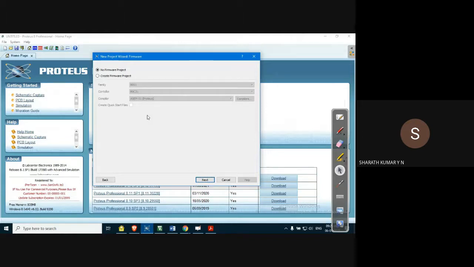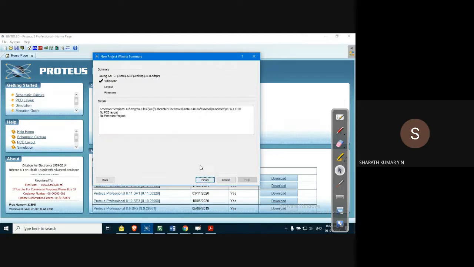As we discussed, firmware combines the hardware and software in a hardware environment, which we are not doing right now. So select no firmware, click next. Out of three packages, we have selected schematic, which is enough for our purpose. We are not doing a PCB layout or firmware. Things look okay.